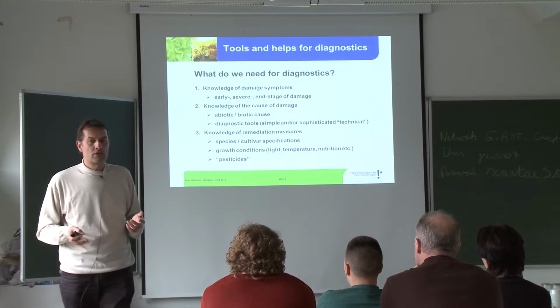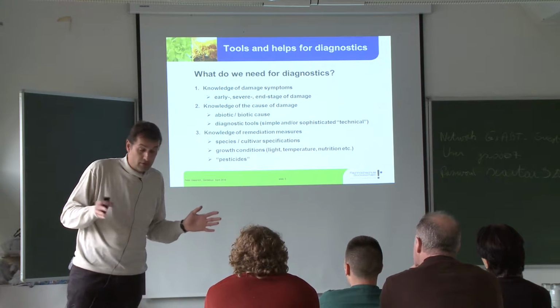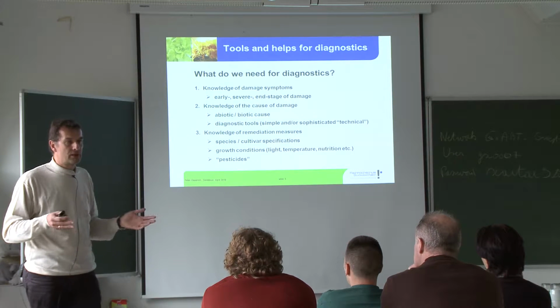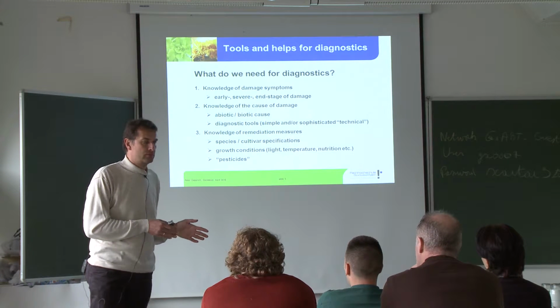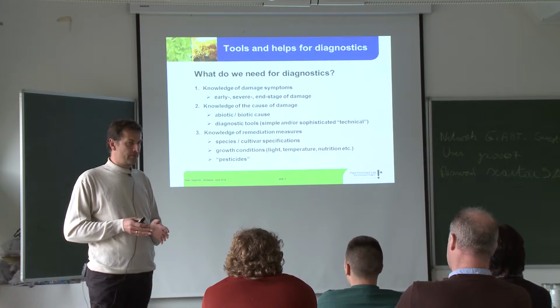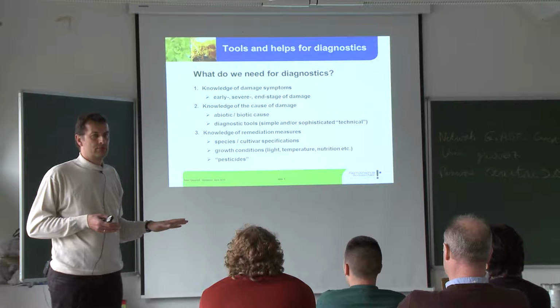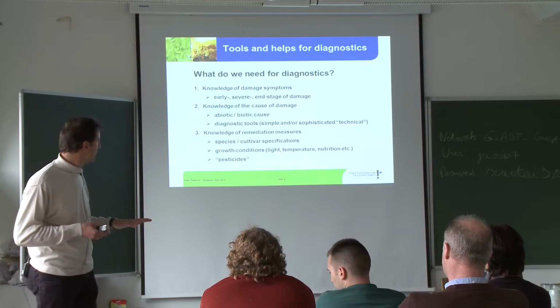For instance, if you're talking about plant protection, we have several chemical or biological agents that might kill a fungus. But all those agents affect the plant too. Nothing is without any effect or side effect. And depending on the species or even on the cultivar, this remediation method we apply might help or definitely destroy our plant. That is very important to know.